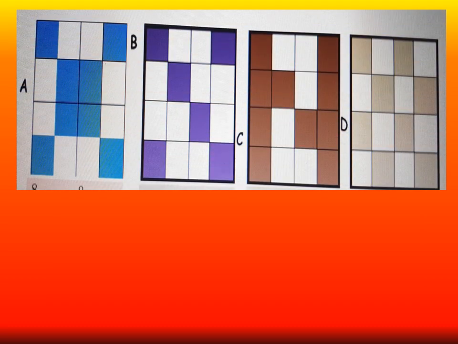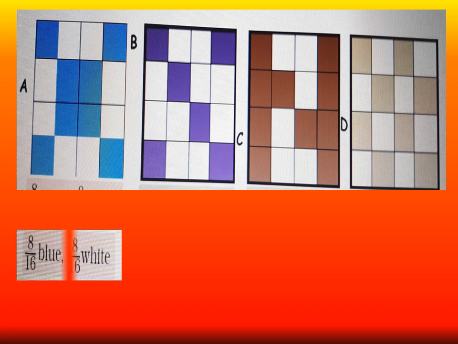So I have done some coloring. Now we are going to write the fractions for them. First one we have already done. Now the B part we will do. In the B part, how many squares did we color purple? There are 6. So out of 16 we colored 6 with purple. So the fraction will be 6 upon 16, because the colored portion we have to write on the top, in the numerator. And how much is the white portion? 10. So 10 upon 16 is white.